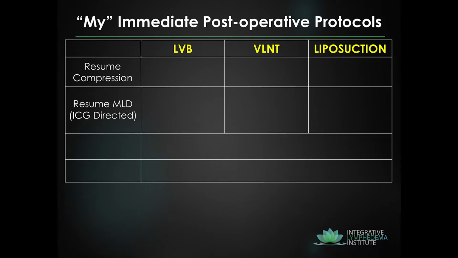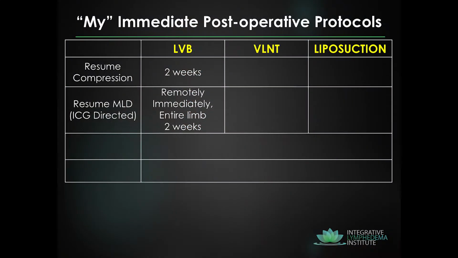MLD should be, every time we take the patient to the OR, we should be watching that ICG lymphogram just meticulously. We should be seeing how it's functioning. What's the quality of the lymphatic vessel? We need to see what the ancillary outputs are. Like those images that Dr. Chang showed where you had that medial vessel that was going on in the axilla. I take a drawing of that and I send it to the therapist and say, focus on that segment when you do your MLD, and I tell the patients and the family member that too. So you know where the function is, so why don't you use it?